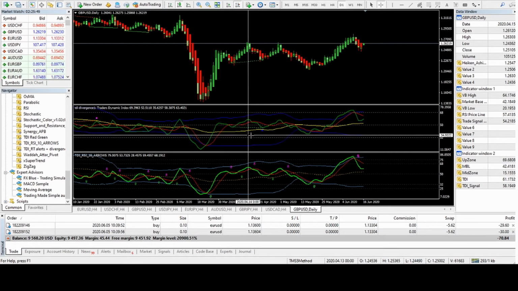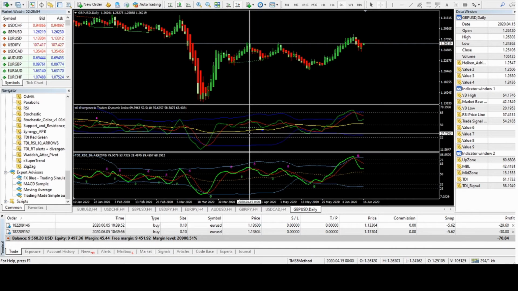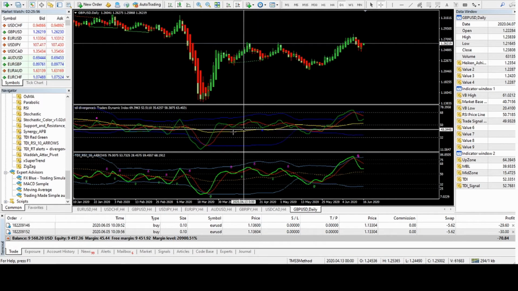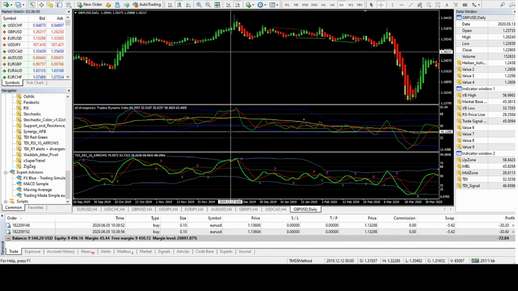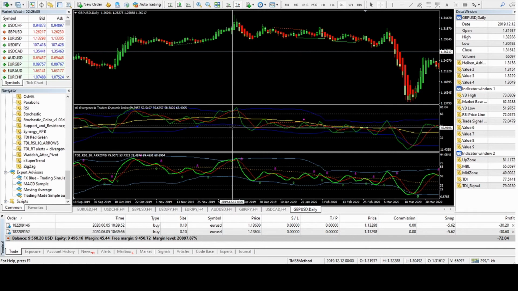I don't know if I'll be able to put a card in the top so you might be able to take a look at it, but I was pointing out some points where the TDI would indicate divergence. This indicator that I got from the forum